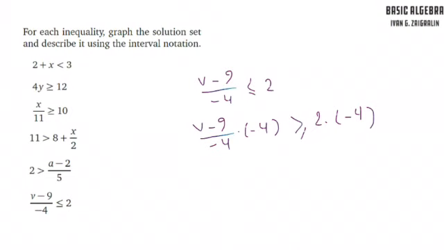So this negative 4 goes with this negative 4, and v minus 9 is greater than or equal to negative 8,